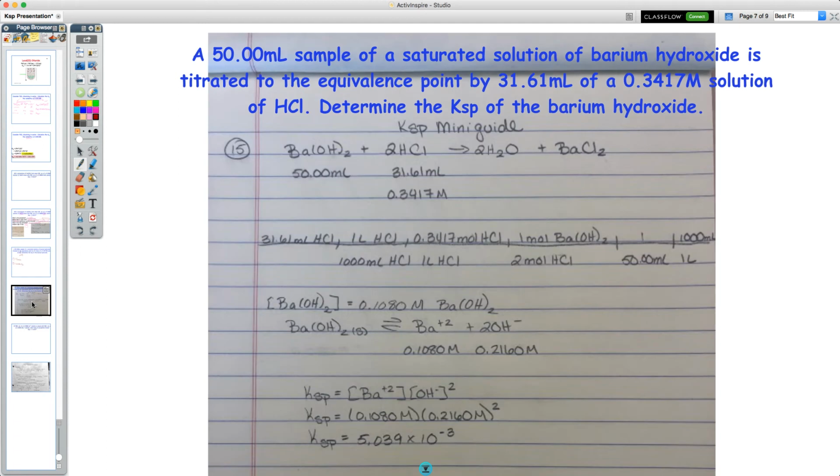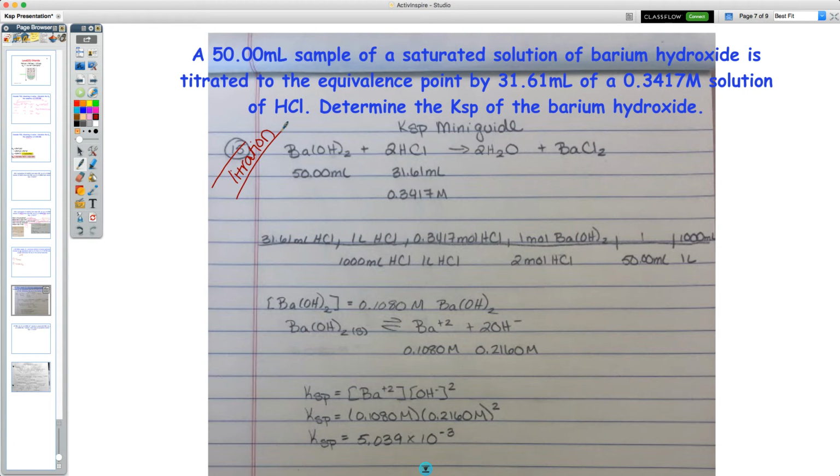All right. So the question is still written at the top, but I wanted to just walk you through my work. The first thing we have going on here, we need to deal with the fact that we're doing a titration. So what I did was I took all of the numbers from the problem and I wrote them underneath my